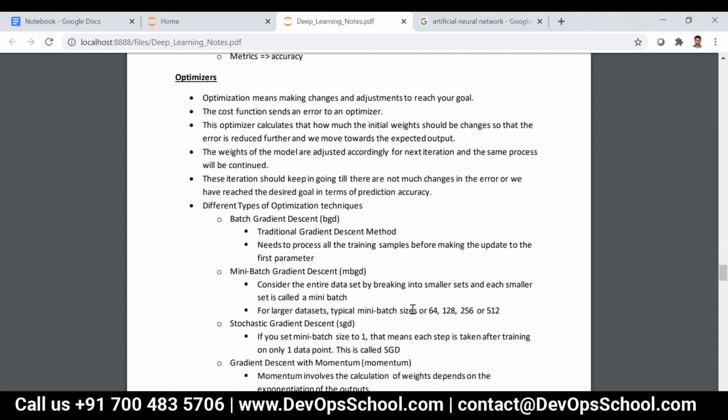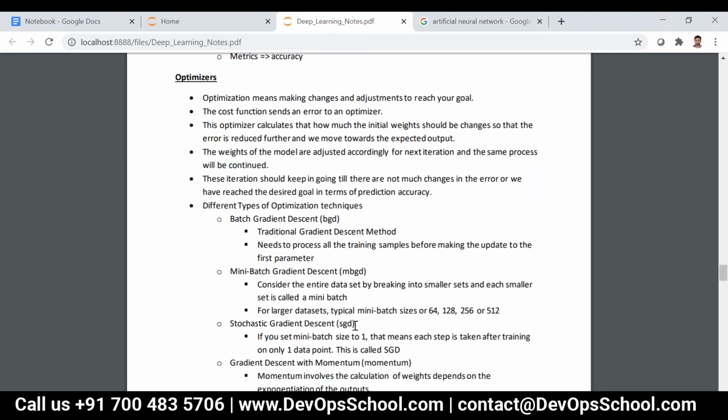It will start updating the weight once it processes those 32 or 64 training samples, that is, once one batch is completed. And then SGD, stochastic gradient descent.